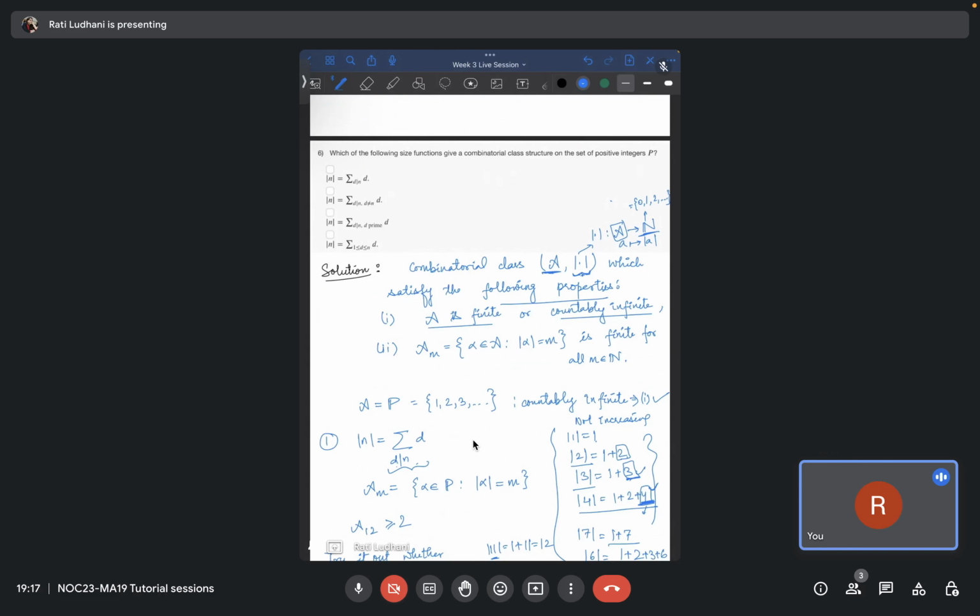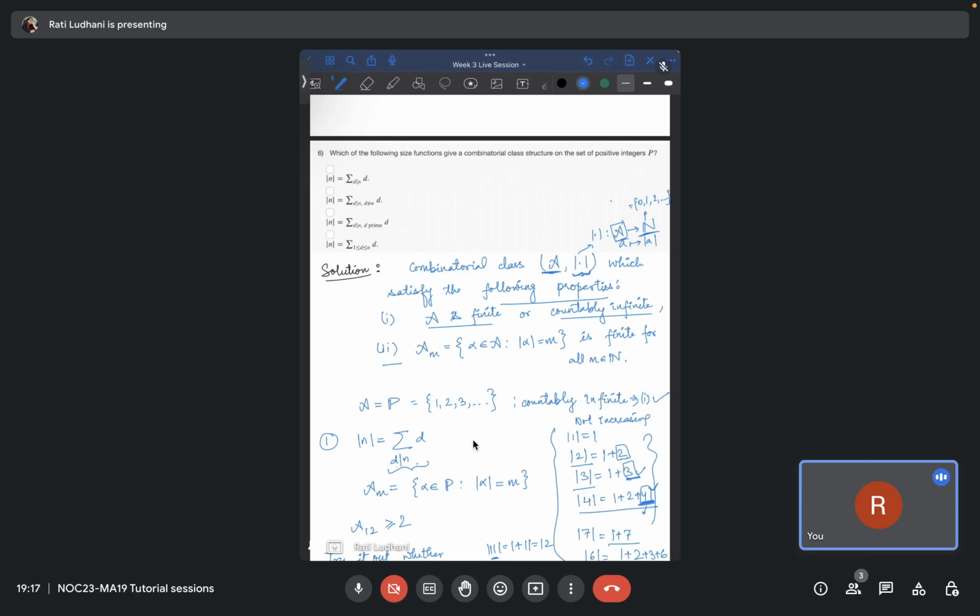Okay, so there are two options. It could be finite or countably infinite. So it cannot have uncountable elements. For example, you cannot take A to be the real number set. And the second property says the size function is like so you have this function A to